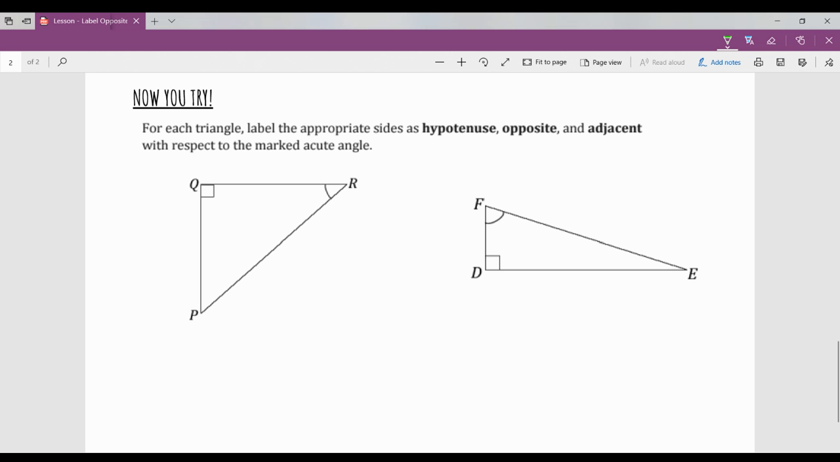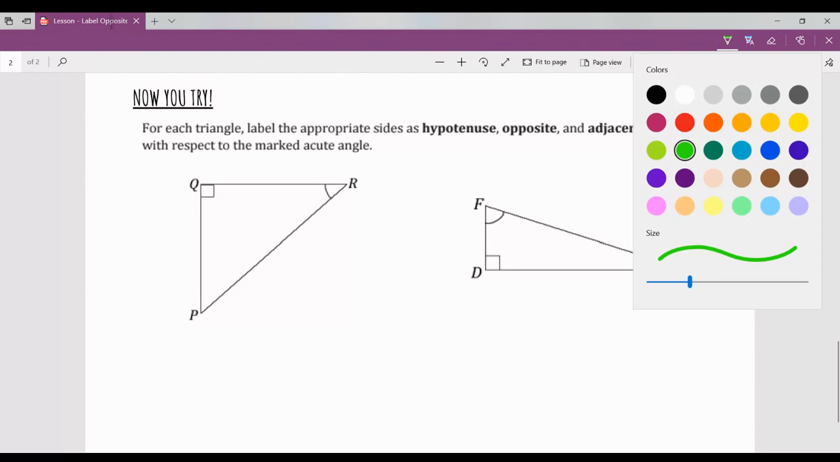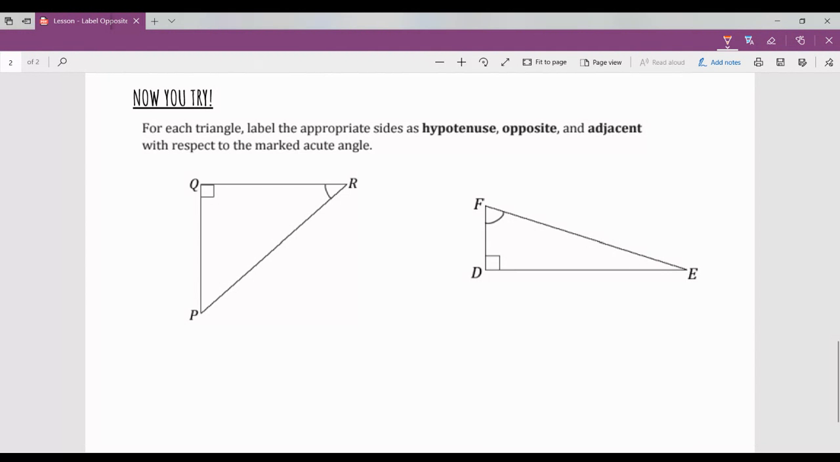All right, so I'm going to give you this now you try problem. I would pause the video here, try each of these questions on your own, and then play the video when you're ready. So we're going to identify the hypotenuse, opposite, and adjacent sides for each of these right triangles